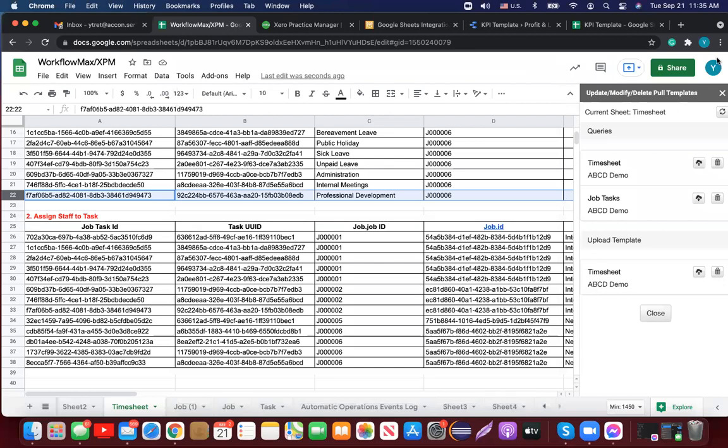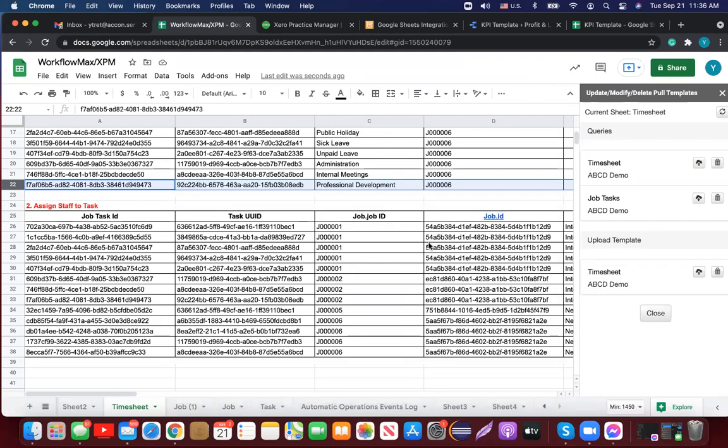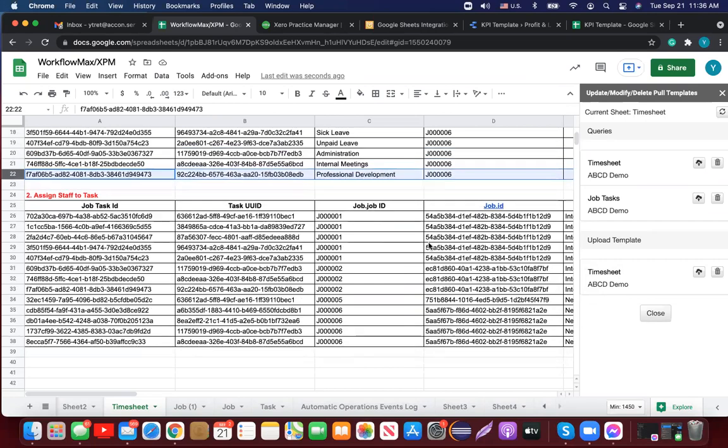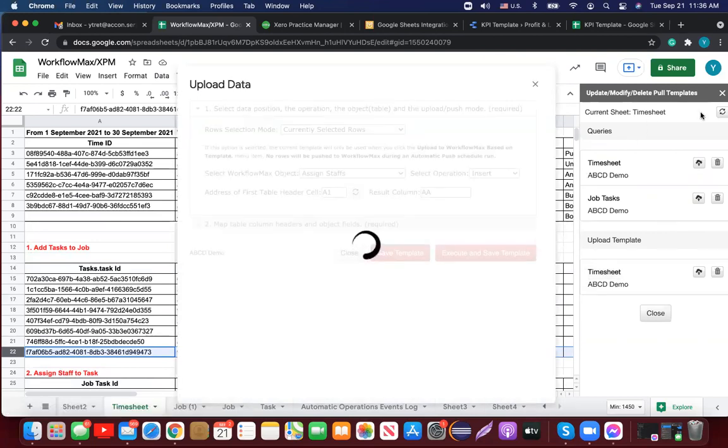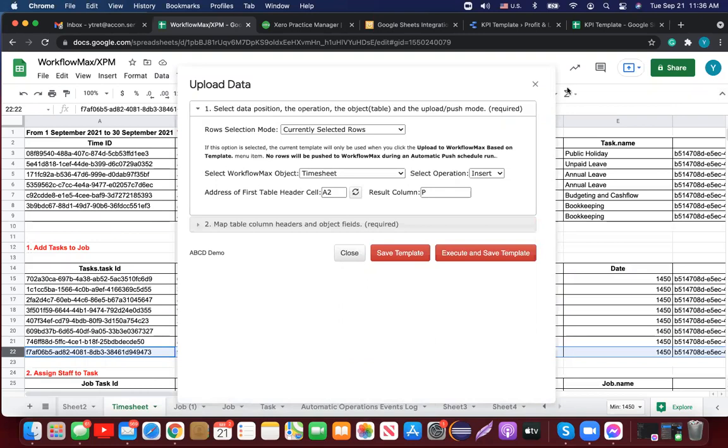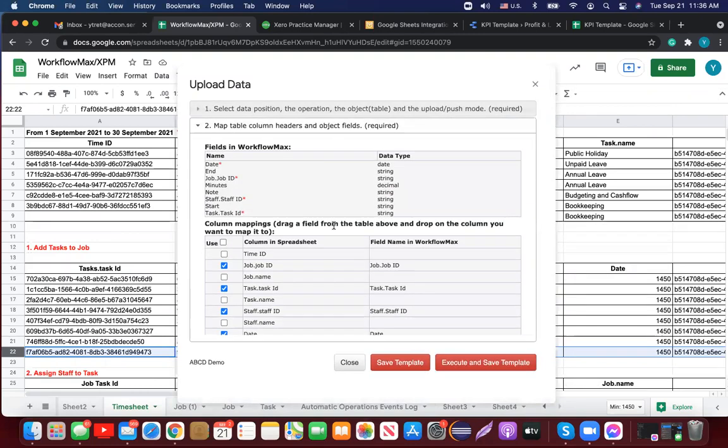So it's not here, I think. And the moment I assign staff to the task, the final step is create timesheet. And timesheet, this is what is required. So it's a multiple step process, but in the end, what you need to have for timesheet, you need to